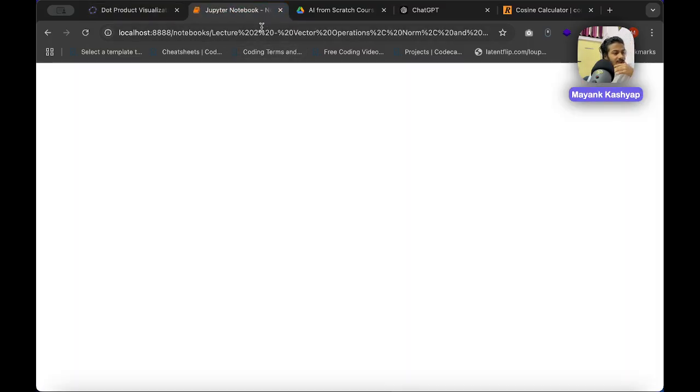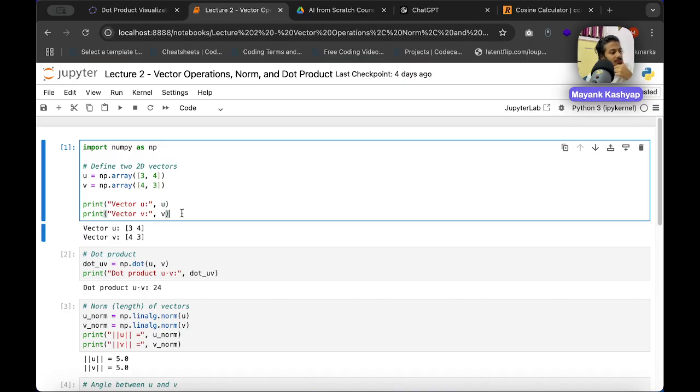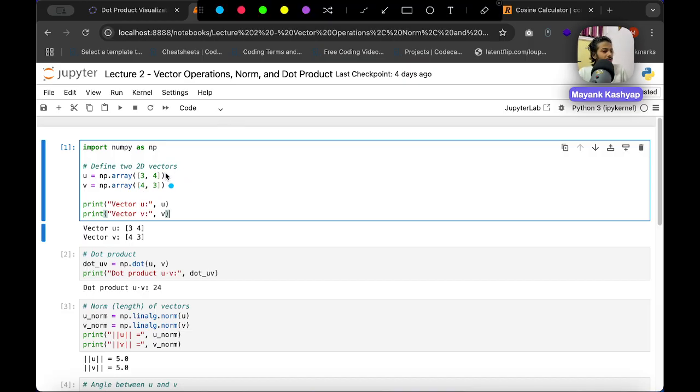Okay, now let's move on to our Jupyter. I've already added this code here. Now let's understand what we are doing exactly. So first we are defining two 2D vectors. We have already seen this. If you don't know how we are doing this, you can watch lecture 1. Then we are printing these two vectors. Obviously we are getting 3 4, 4 3 as we defined,